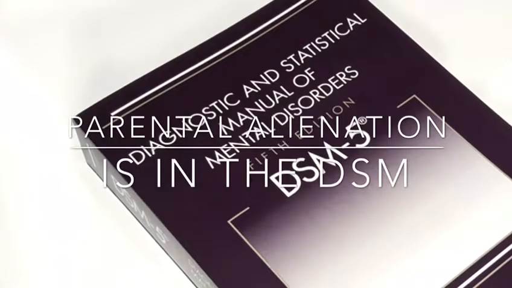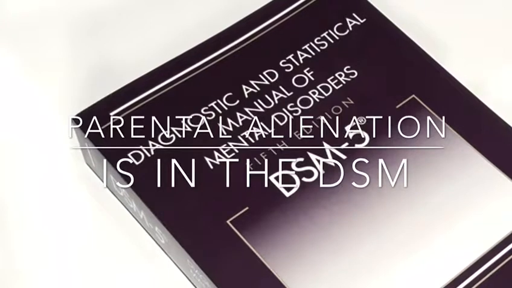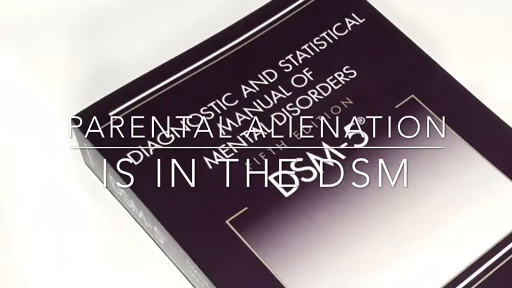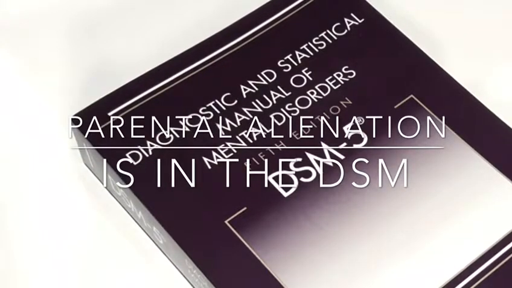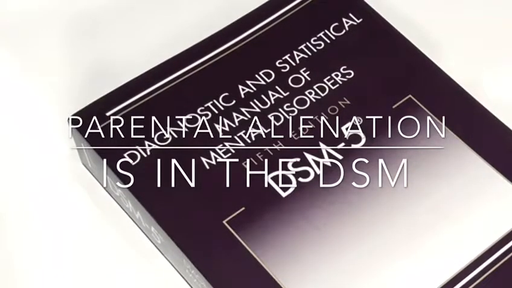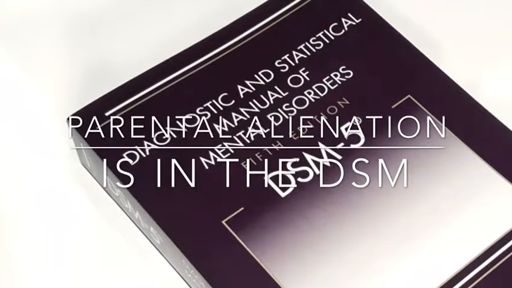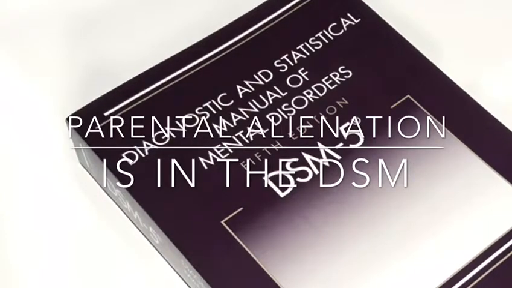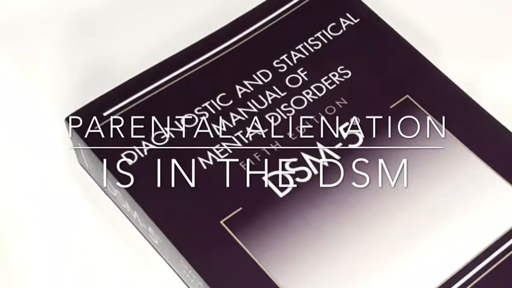And I will provide a link to this journal article as well as this code I'm about ready to give you. In the DSM, according to this article, parental alienation falls under code Z as in zebra